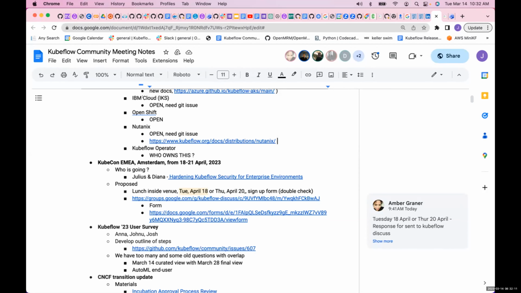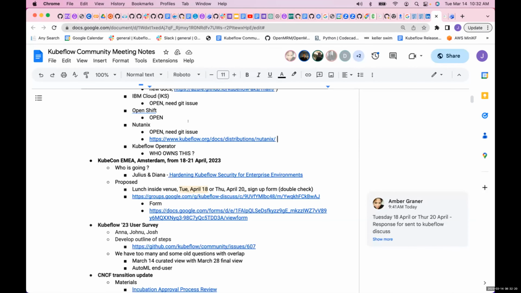But it's more like, in the case where someone wants to be involved in the project but does not see the need to have a fully forked version of the upstream manifest, instead we could have a section which is not a distribution of Kubeflow, but a reference installation of the manifests. And that's under that second type of install method, and then we can still have a link to a website that says, here's a website that's fully dedicated to installing the manifest on EKS, or not EKS, in this case, Nutanix.